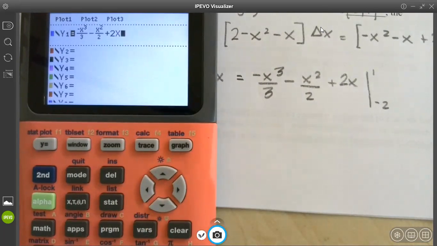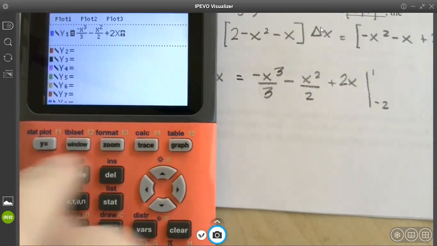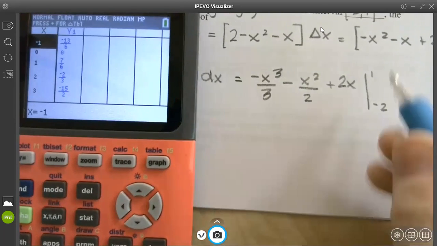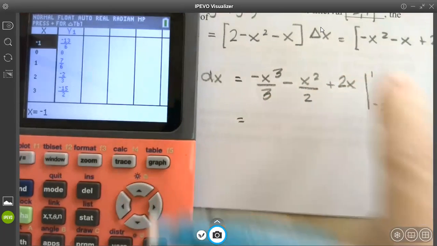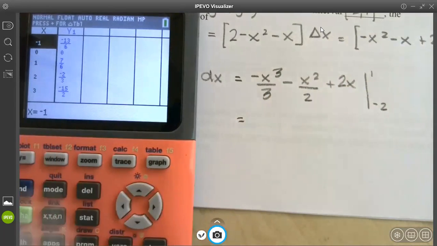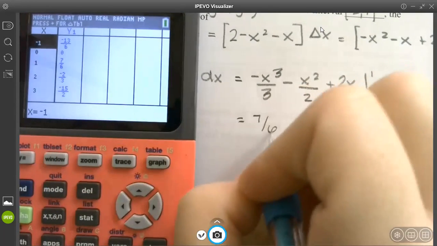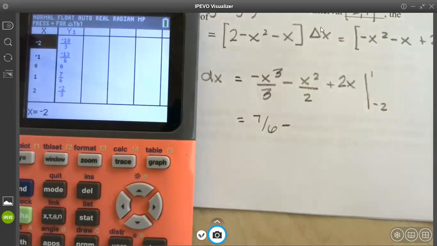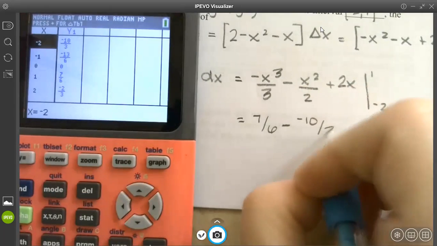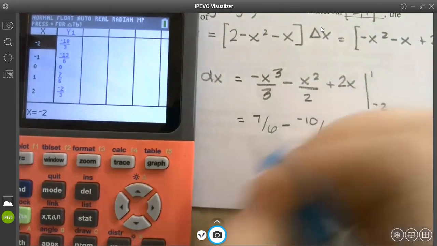Okay. Is everybody good? Then I'm going to go to my table. If it's auto or if it's ask, you can find it because they're whole numbers. If yours happens to be on ask, you're plugging in negative 2 and 1. If not, which one do we do first? Which one comes first? The 1, right? So we're doing big minus little. So what is your value for 1? And then we look for our value of negative 2, which is? So this is actually